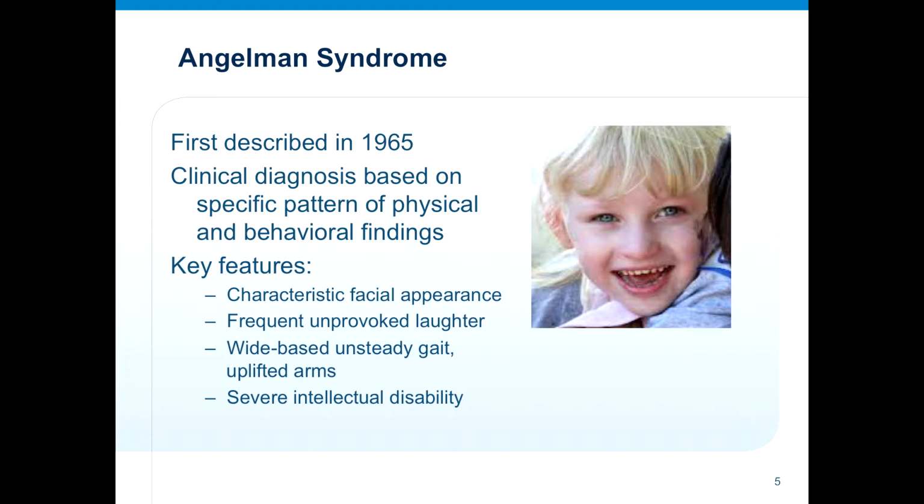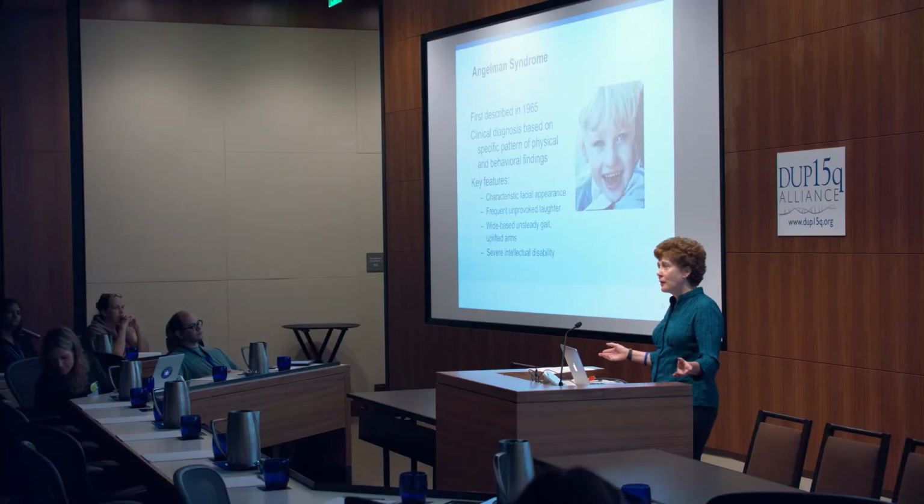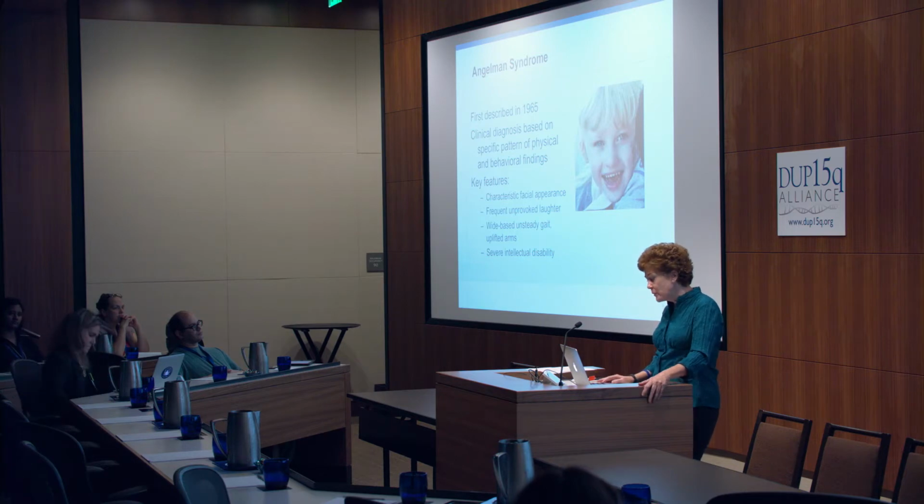The features involve much more significant intellectual disability, characteristic behavioral pattern and facial appearance, frequent unprovoked laughter, and often seizures. Now, what's interesting in DUP15Q syndrome is that in many children who have DUP15Q, when you start talking to the parents, they'll sometimes describe frequent unprovoked laughter. Sometimes they'll describe a very strong appetite and wanting to food forage. It's kind of interesting to see some more manifestations of the deletion syndromes, but in a milder form. And they don't really characterize all people with the duplication, but it's something certainly that we hear.